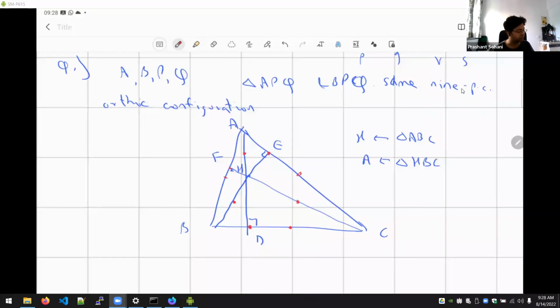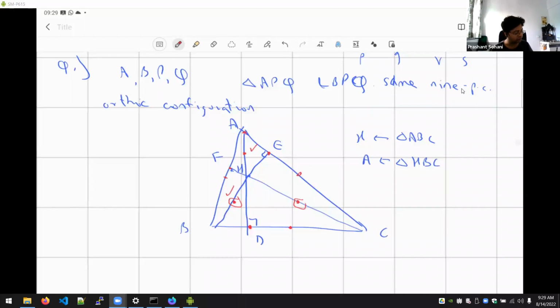So basically, if you consider the 9-point circle of triangle HBC, it contains the exact same points, just interpreted differently, because now the midpoint of HB and HC is no longer the midpoint of the orthocenter joined to the vertex. It is the midpoint of the side. So the midpoint of side HB is this point, and now the midpoint of the orthocenter of HBC, which is A, joined to H. So that is this point. So the points are simply exchanging roles, but it is the same set of 9 points.